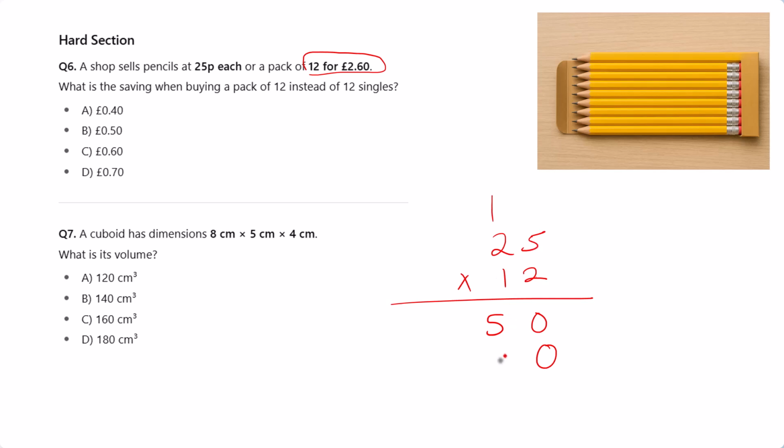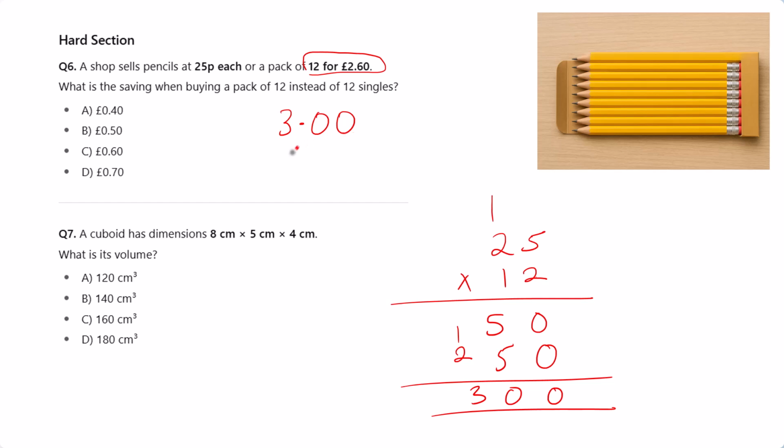Then you do 1 times 5, which is 5. 1 times 2 is 2. And then we just need to add. So 0 plus 0 is 0. 5 plus 5 is 10, carry 1, that's going to be 300. So basically that means if you are buying them one by one, that's going to be 300p, which is £3.00,